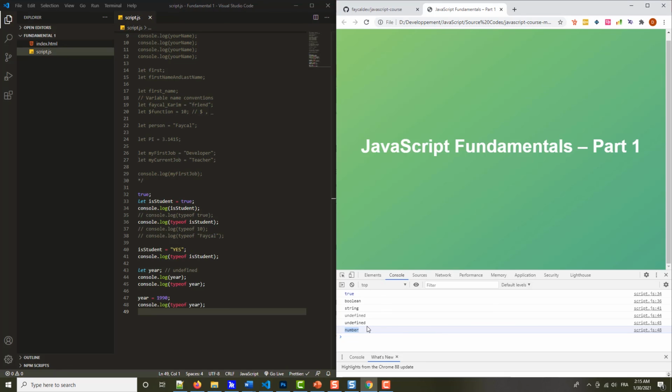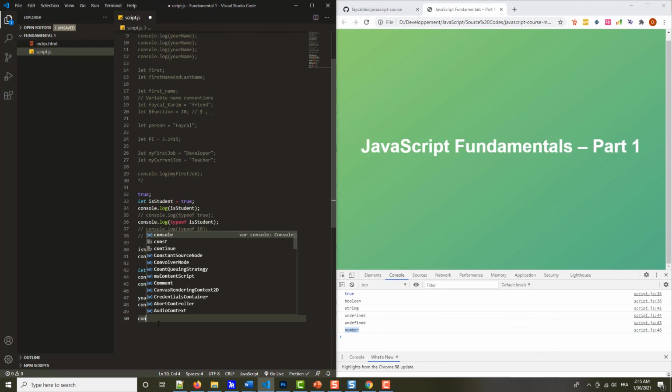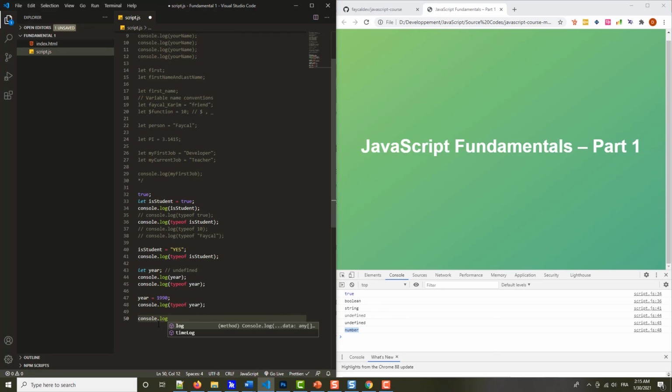Great. And now finally, just to quickly finish, I want to show you an error that exists in the typeof operator. So all I am going to do here is to quickly say console.log, and typeof null. So remember that null is just another data type, and it is similar to undefined. And it is also similar in the fact that both the value and the type of the value are null. Now, about this bug,